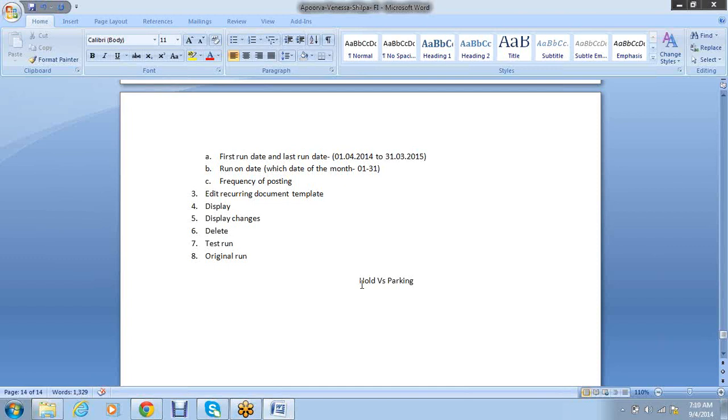So we are going to do the hold and park document. Now, this is again more useful for the end users. When we do a hold and when you do a park document. Hold document is done when we do not have